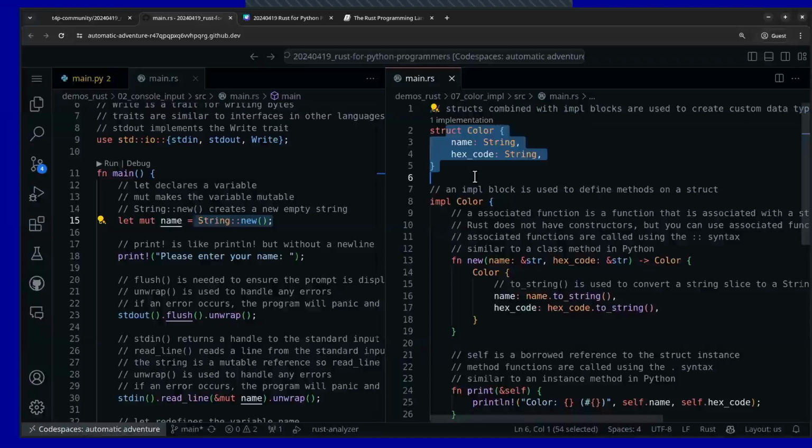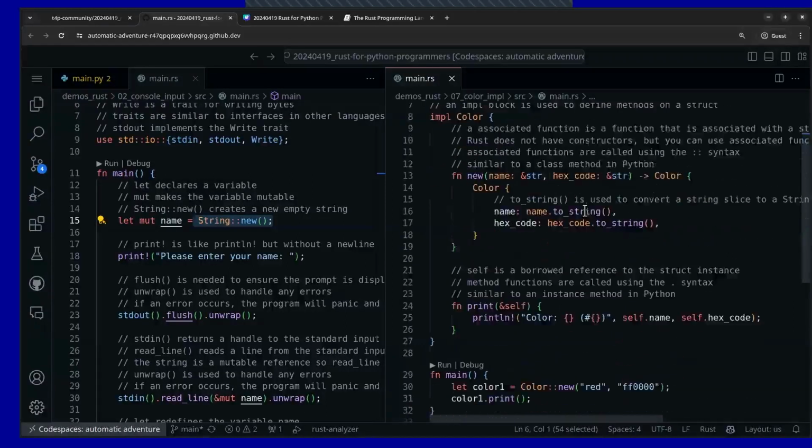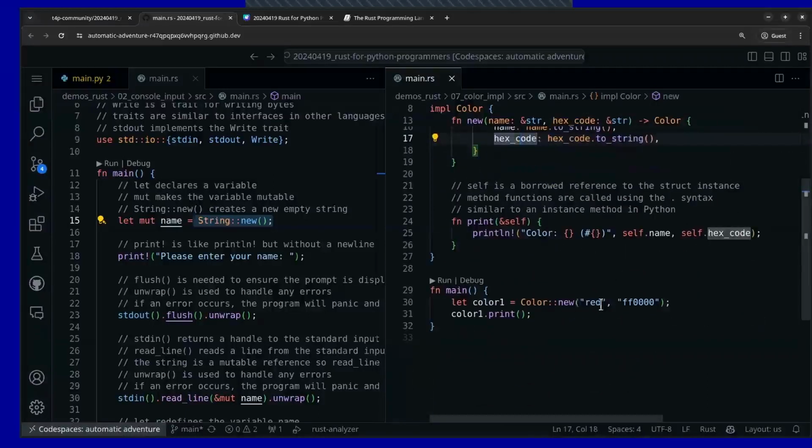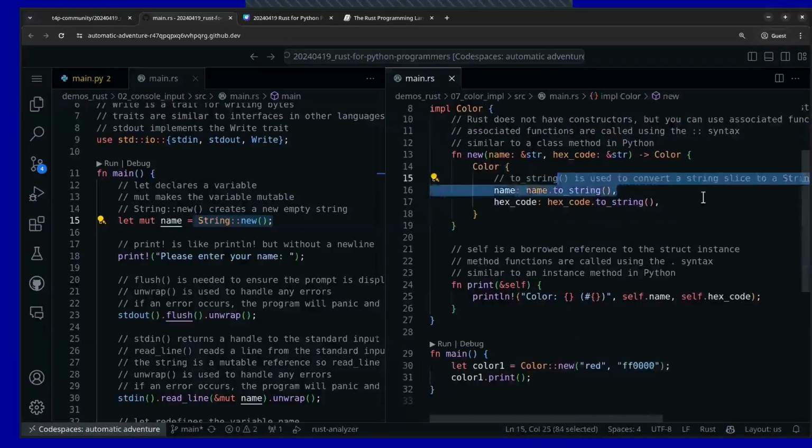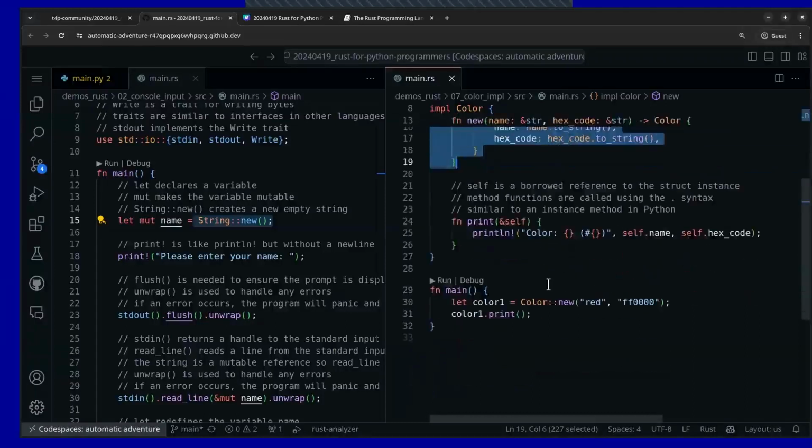Okay. In a sense, we're basically copying the data over into a new object in memory. So now I have my name and hex code created from the slice. So down here, we passed in these string slices, converted them to actual string objects to create the color. Okay. Now,